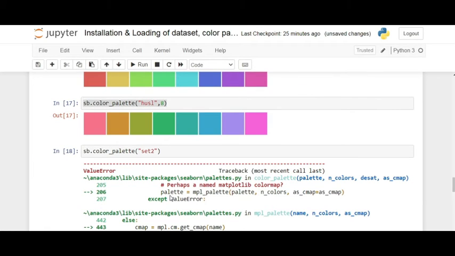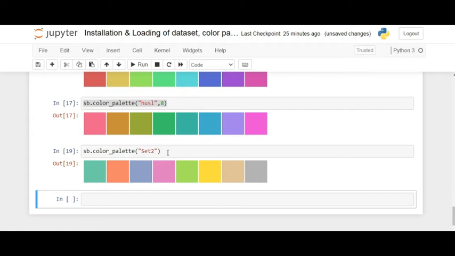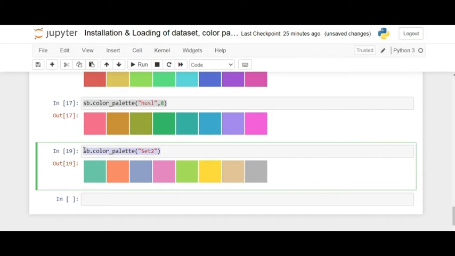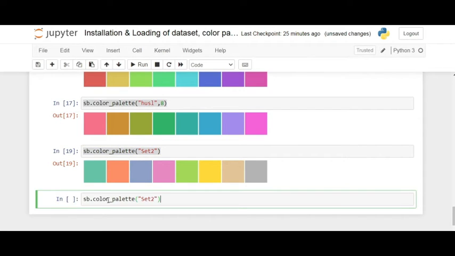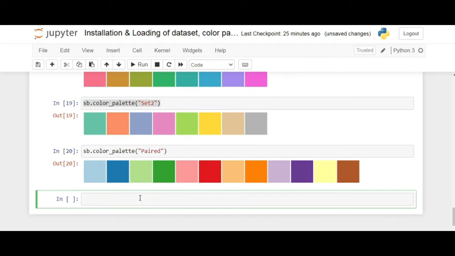I made a mistake here, so it is a capital. Now I will use it here, paired. See here, so these are the different ones.